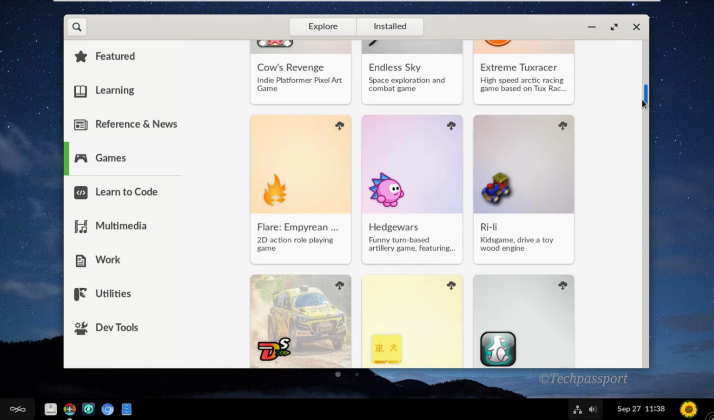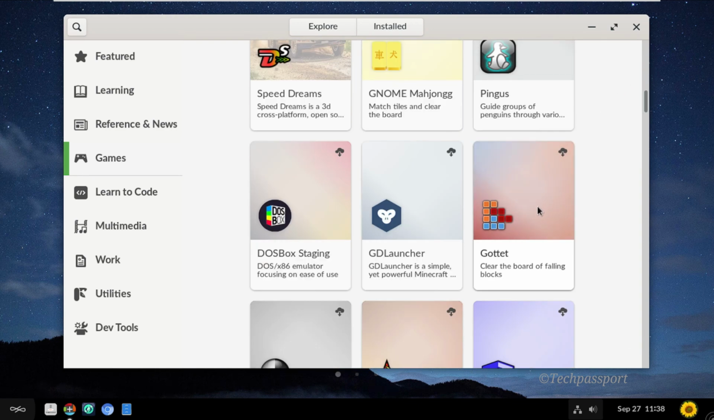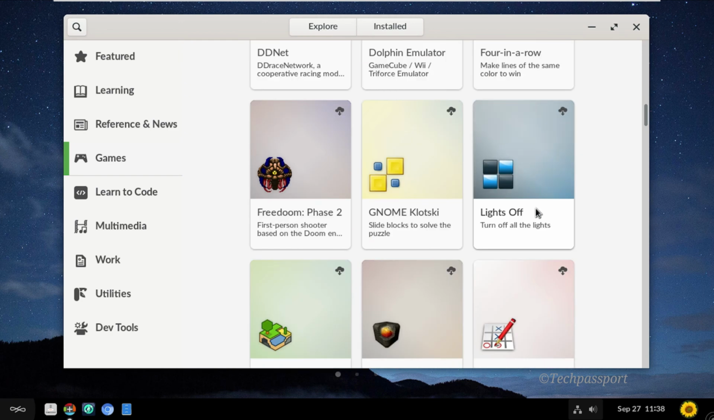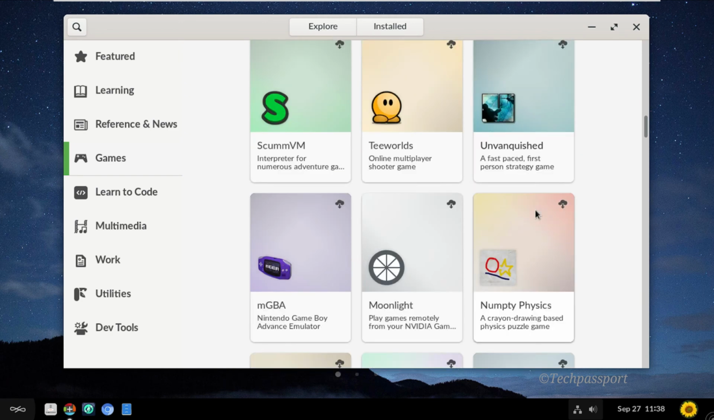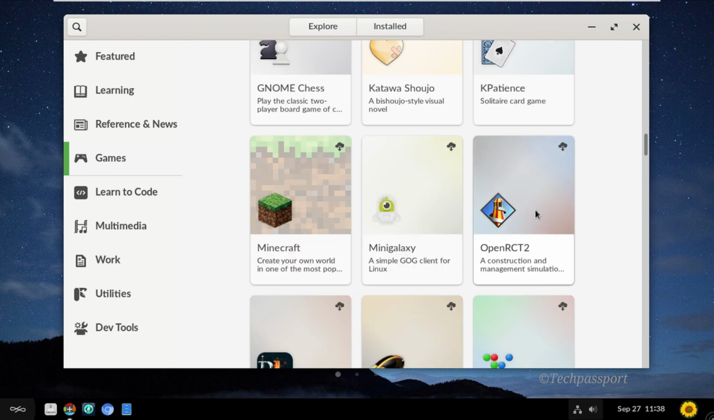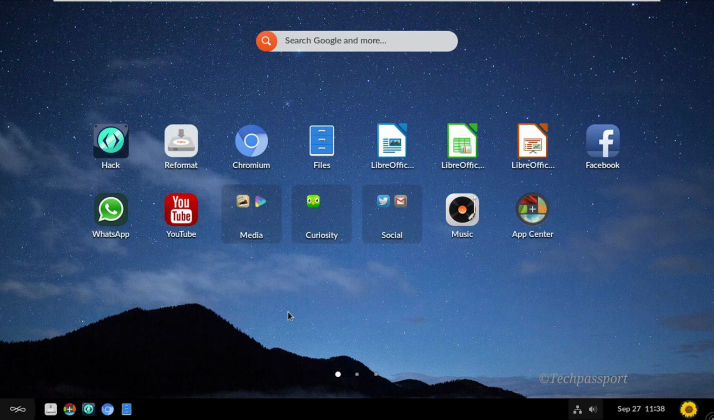In your OS. Okay, then you can see here a lot of interesting games. Okay, then close it, and you can see here the first application is Endless Hack, unlock infinity reformat. I think it's used for installation permanently here. And you can see here the Chromium browser and file manager, LibreOffice Writer,